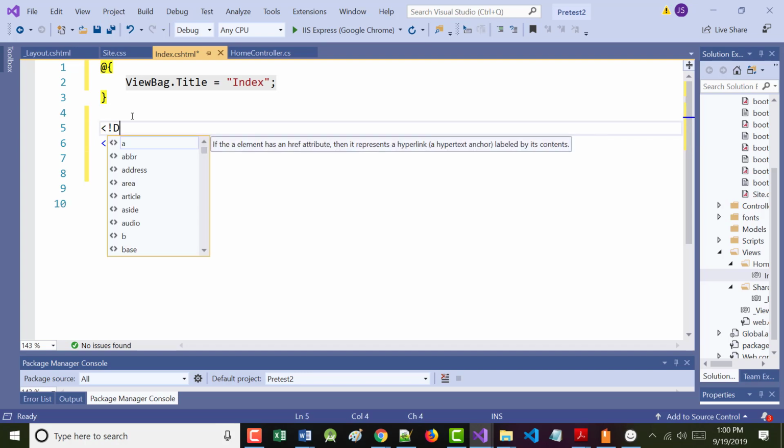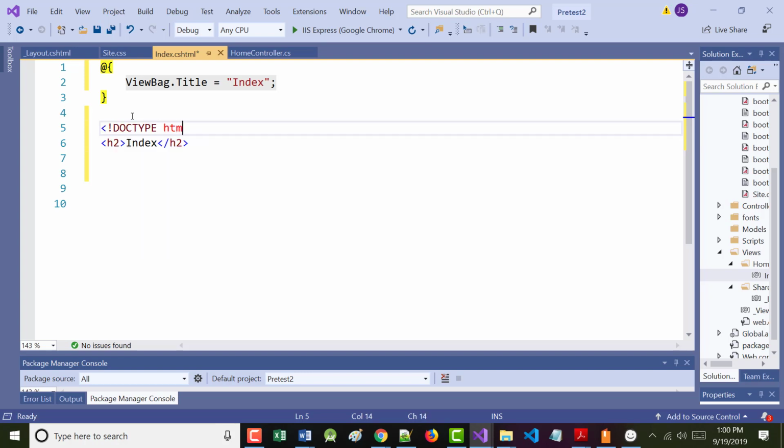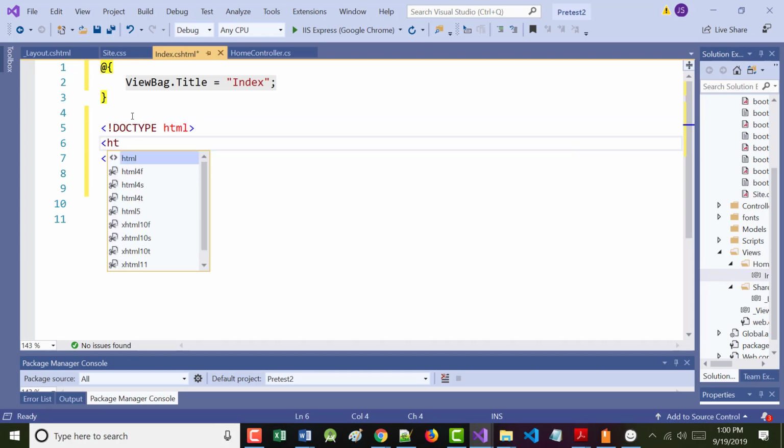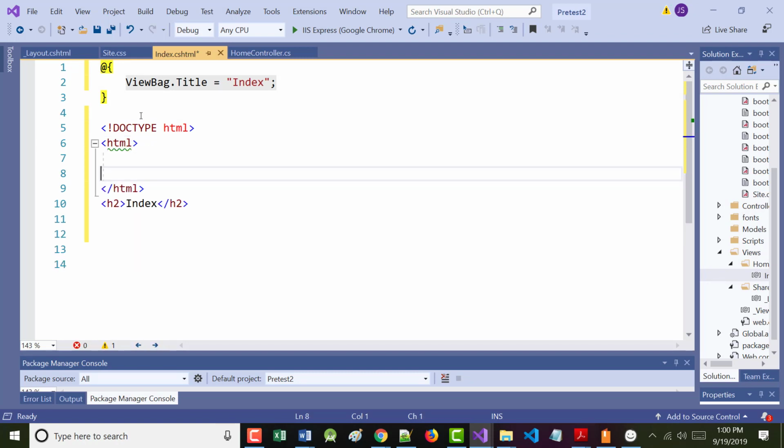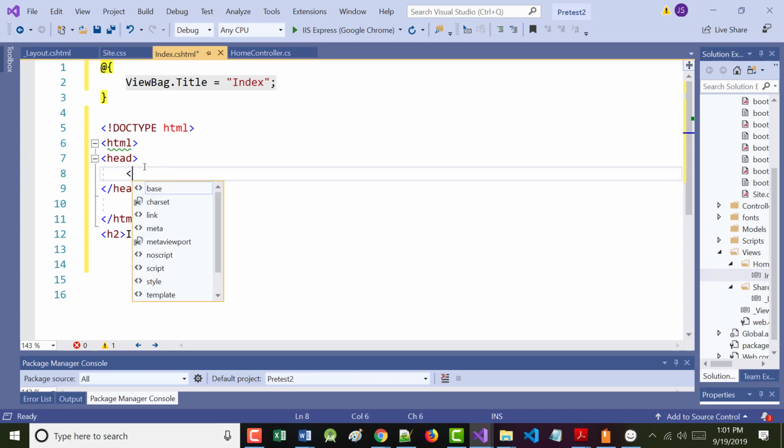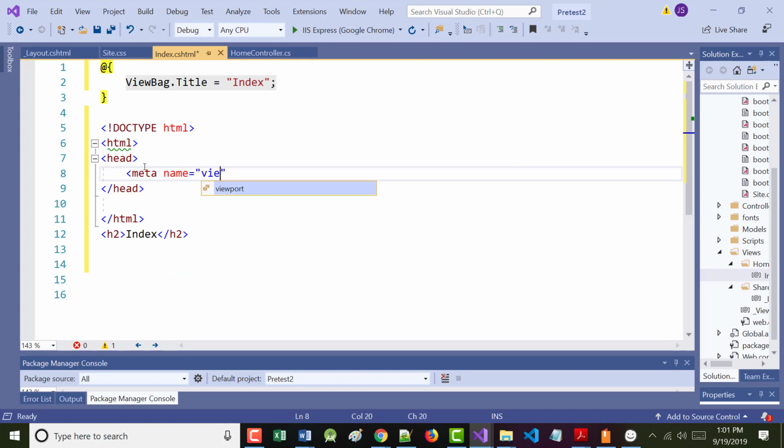So I'm going to come in and do my doctype, HTML. I'm going to put in my HTML tag. You know how it automatically gives me the other tag. All right. I'll move that H2 tag later. I'm not worried about it right now. But I do want to put in my head stuff because there's a few things I want to make sure I put in there. I want to take control here. Meta, name equals viewport. You know this stuff. You've seen it already. Content equals width, device width,